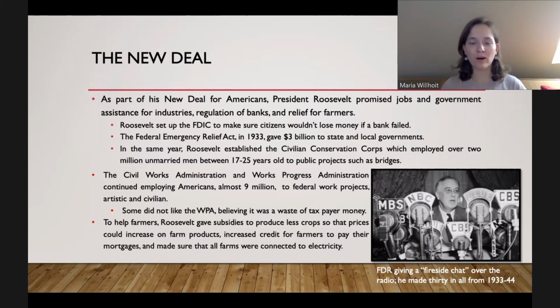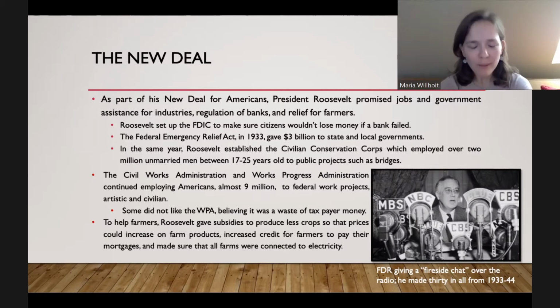So when the banks fail, people couldn't get their money. Well, the government set up a new insurance policy that if a bank fails, you, the citizen, I think it's now up to $150,000 you can get from the bank. If you had less than that, then you would get what you had in there. But if you had more than that, you can only get up to 150,000. But that's still really good. I mean, I don't know many people in my life who have over 150,000 in their bank account, but there are people like that in America.